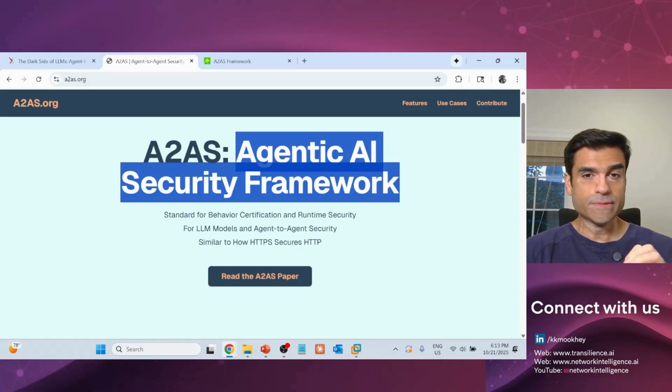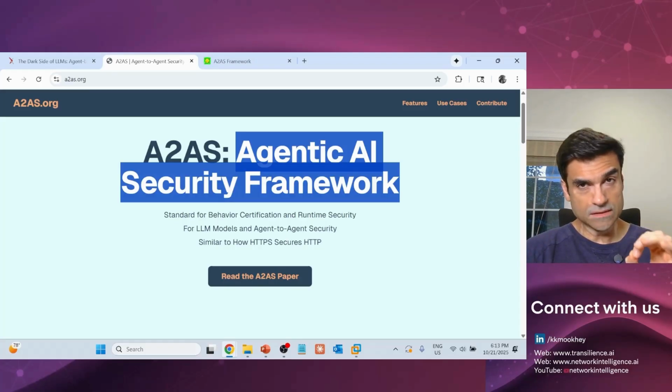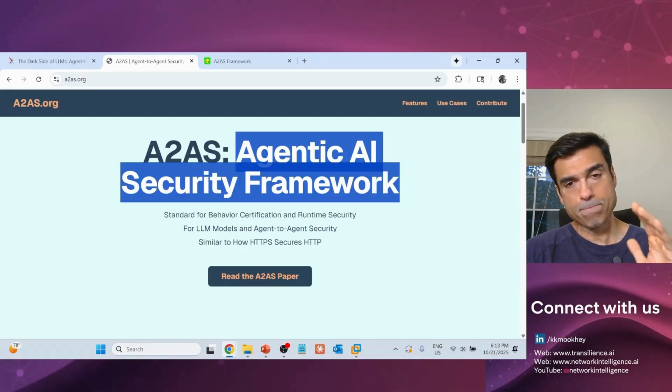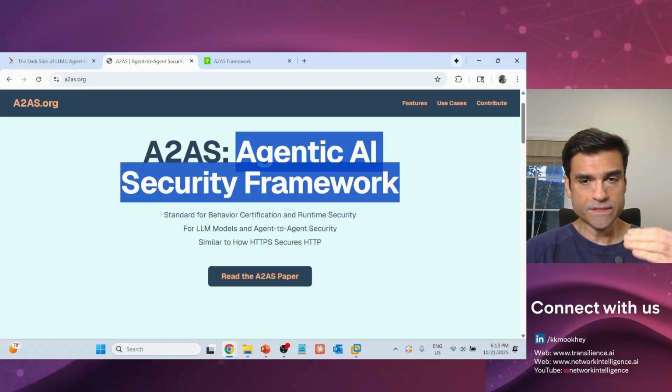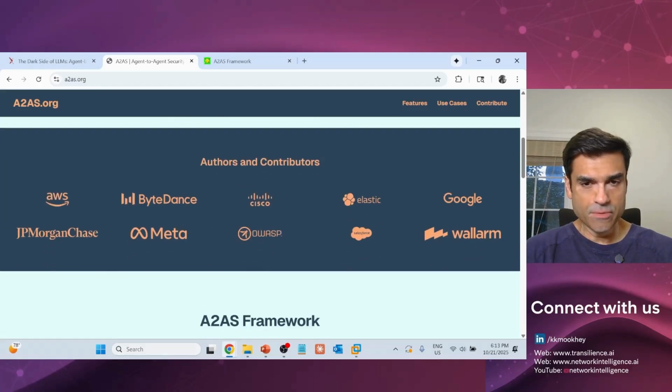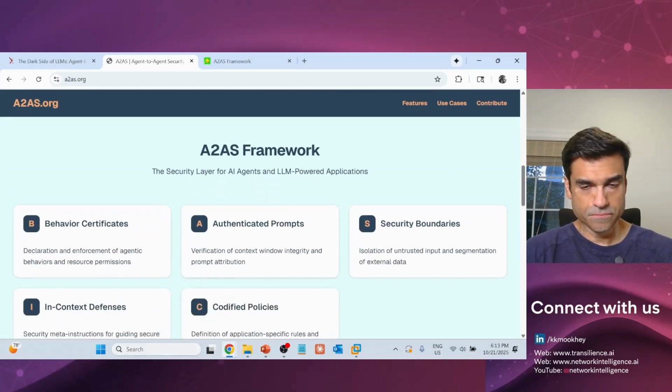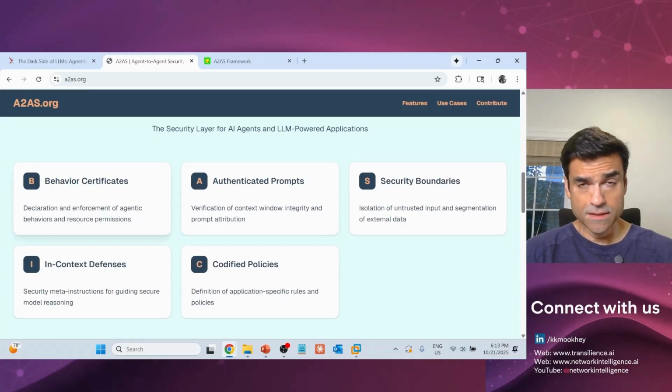I very strongly recommend that if you are in AI development, you must look into this framework. We do not have yet a library to go with it, but I'm sure that that's coming soon. And it's a collaboration of multiple companies. It has the following key elements summarized as basic: